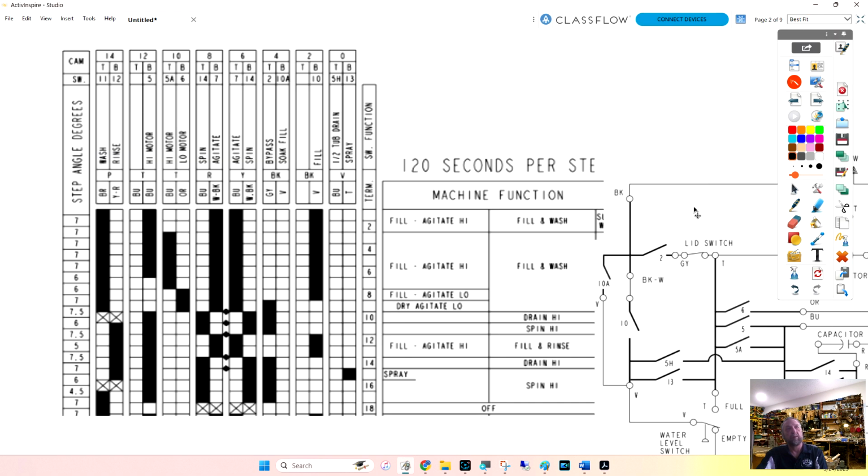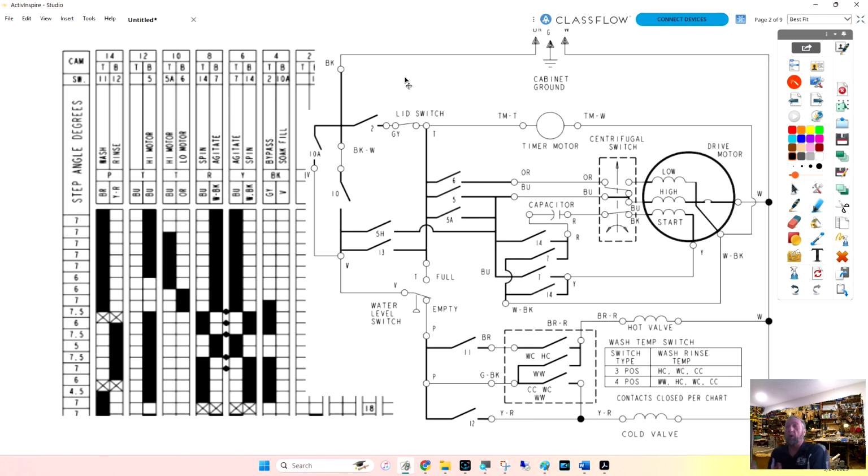In soak, the motor's not doing anything. The motor's just sitting there holding the water. You just fill the tub up with water and let the clothes sit there and soak. It's not doing anything, not even low speed. The motor's not even washing. It's just soaking, and it just allows the detergent to break down the food particles or whatever's in your clothes, so that when it does wash, it helps.